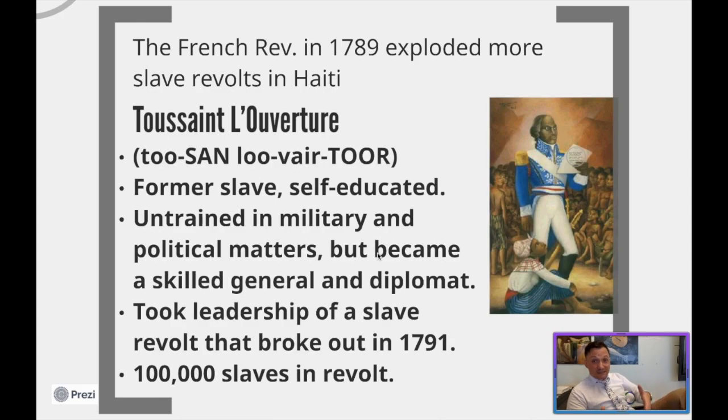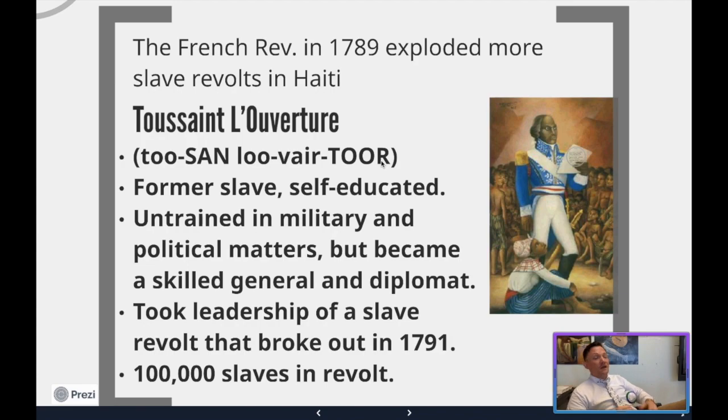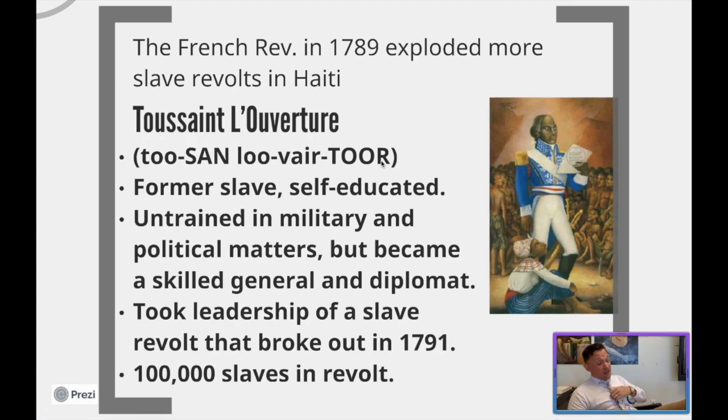Because that is actually the plantation that he was born on to African parents, right? So the thing about it, though, is Toussaint L'Ouverture is a former slave and a self-educated man. Now, here's the hard part, y'all. He was born a slave, so we don't know much about his early life. We actually see most of his life really get kicked off when he turned about 50 years old.